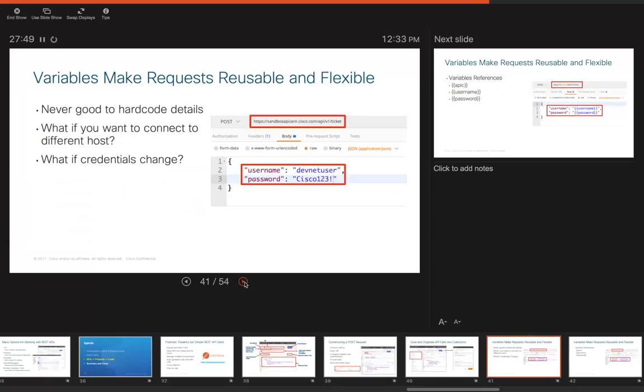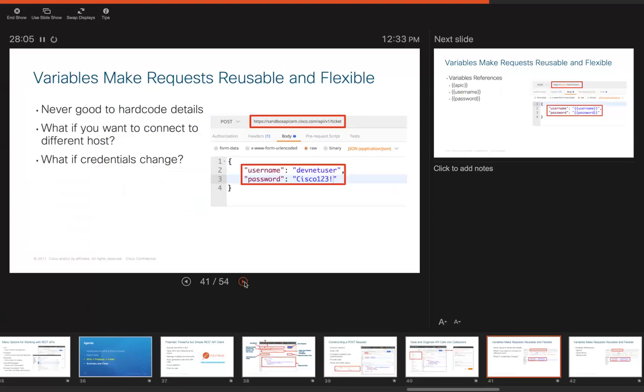Another thing we can do is use environment variables. Postman has a great way to handle it if you have a collection of calls that you want to make to a controller. Maybe that controller is on your network and the IP needs to change, or you have to change a username or password.